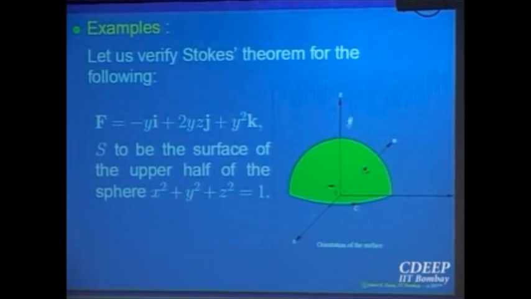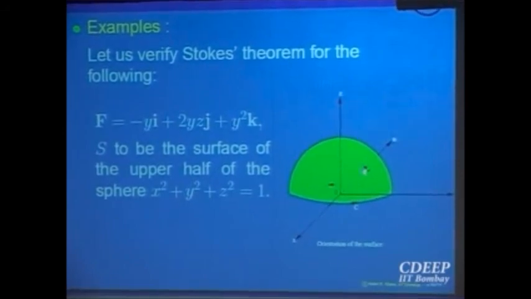If you are fixing normal to be coming out of it, then at this point, this is the tip of the normal, base of the normal. So around that you should be going this way, right? So enlarge yourself, so you should be going this way for the boundary, right? This is the outer part of the thing. Is that okay? So that is a circle in the xy plane, and there, what orientation you are getting for the boundary? That is same as anti-clockwise orientation, right? So while writing the parameterization for the circle, r cos theta, r sin theta, theta goes from 0 to 2 pi, not 2 pi to 0. If it is anti-clockwise or clockwise, that changes.